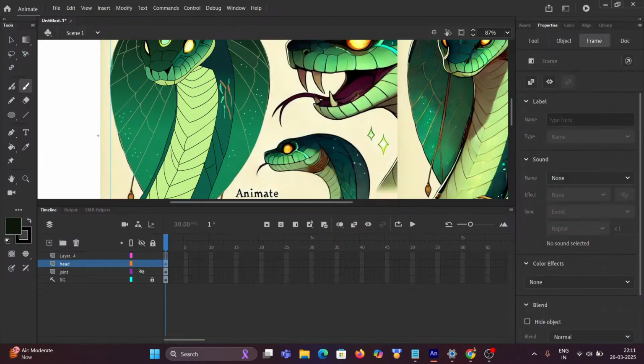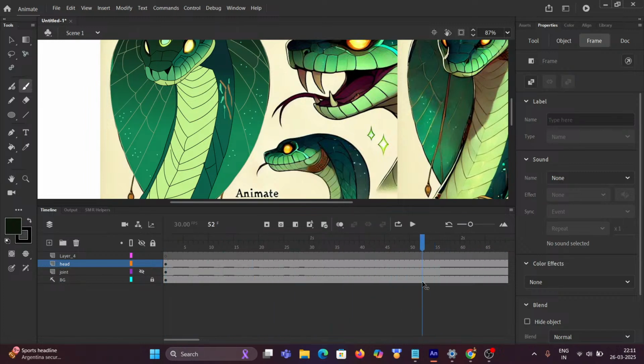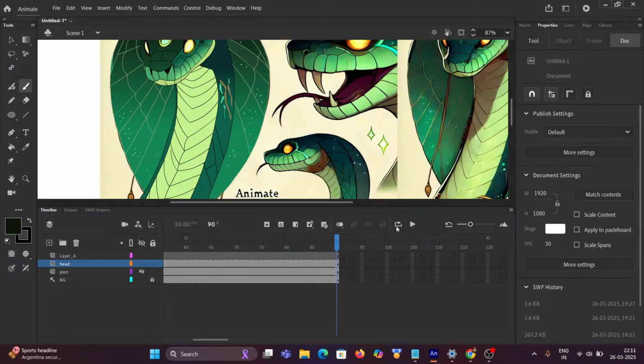Okay, I'll go back, and also I will add the keyframe here in the main timeline, and I have created that keyframes. Okay, now I will add some loop effect, looping, and you can see,